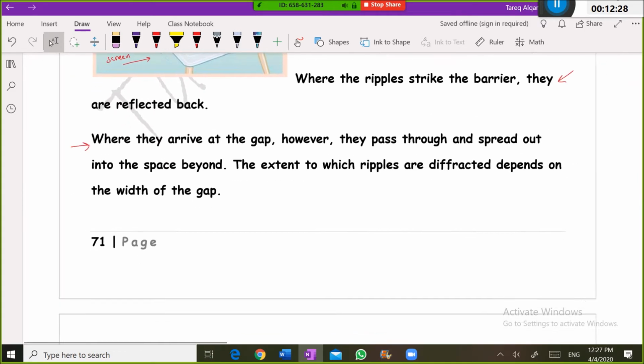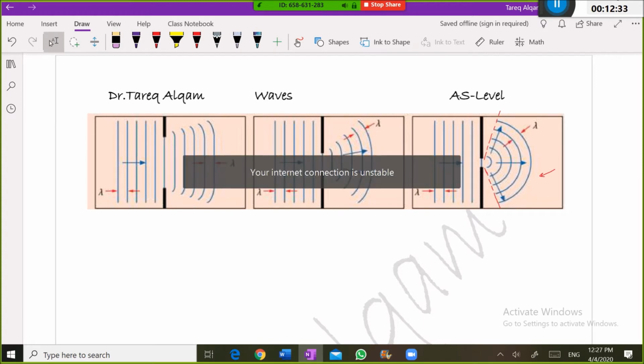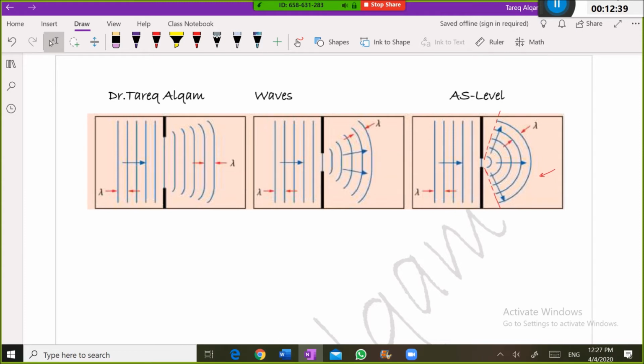Okay. Now if I change the size of the gap, I will observe what? I will observe the diffraction pattern of the waves like this, and like this. Okay, guys? Any question about the diffraction? Okay. Now,